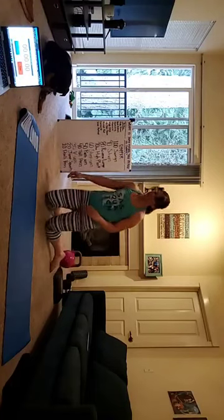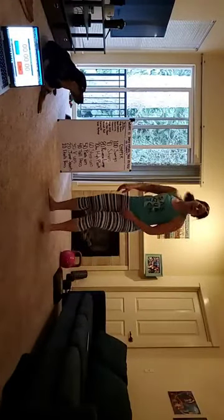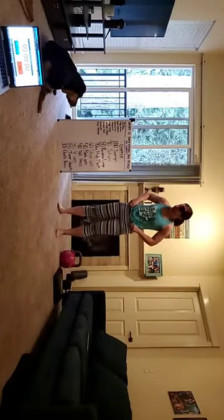Perfect. All right. I don't think I'm going to use this because it's noisy. That's just kind of my marker as to where to stand so you guys can see everything in the action